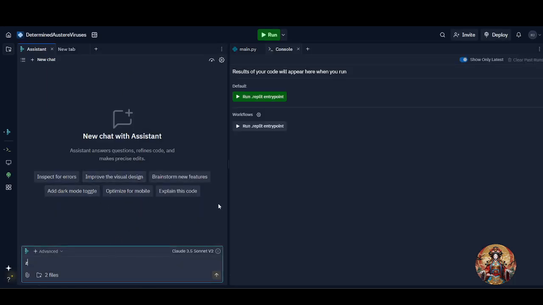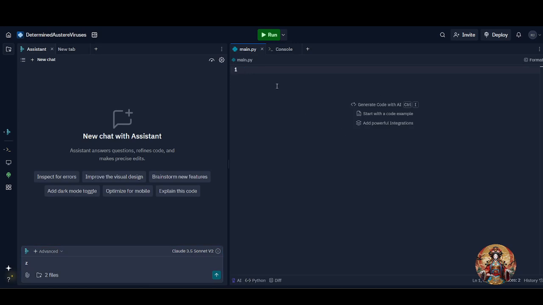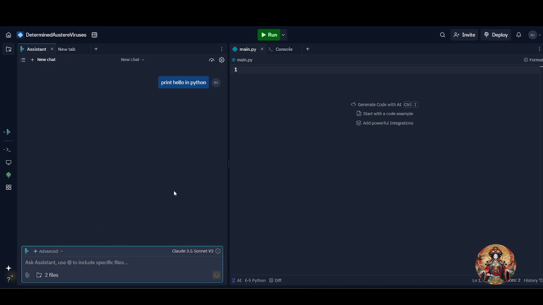Now you will get to see a new REPL with the built-in code editor. On this side over here, you can code, as you can see, and on the right, you will see the output of your code. It's super simple. I will give it the prompt: print hello in Python. So it will just put it,